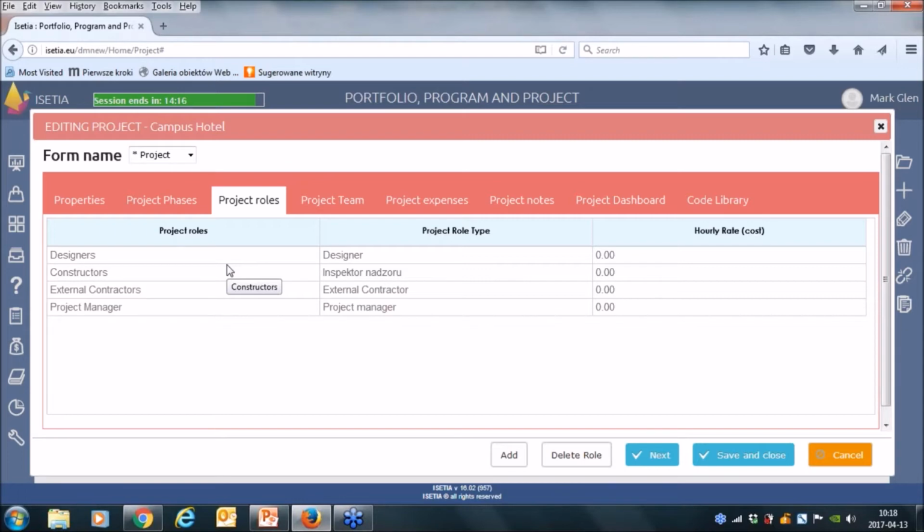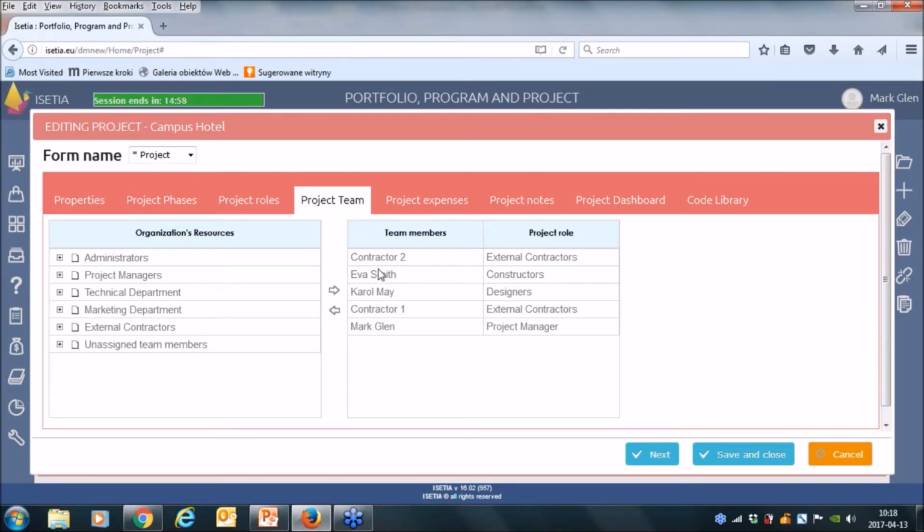So this project roles can also be used for this access control function. Next, these are project teams. These are persons who are playing some roles. For example, Mrs. Eva Smith is a constructor, Carl May is a designer, and you can see that you can involve and invite external constructors to your project.